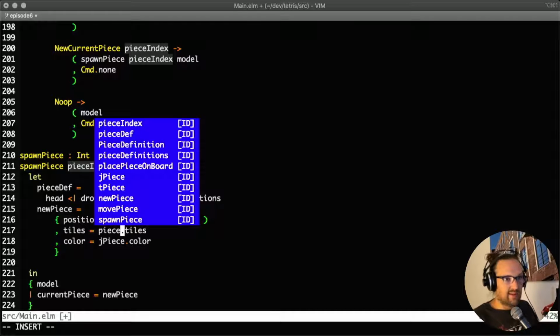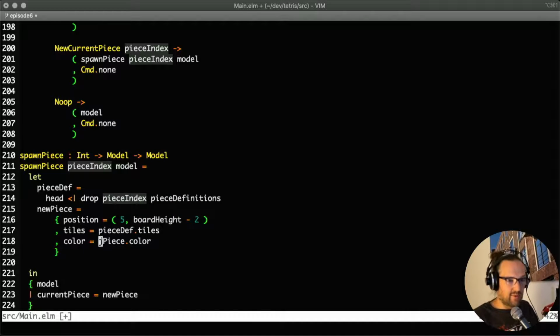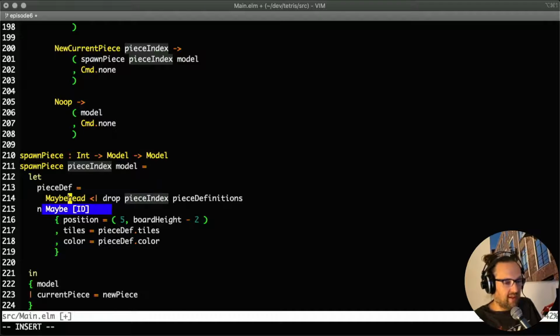So we'll swap that out for that. There's only one caveat, that is that the head doesn't definitely return a list item or an element, because we can also call head on the empty list, so it returns a maybe. So that means, what do we do in the... and like we know that cannot happen, but to make the compiler happy, we'll still have to produce a default. So we'll just say maybe with default, and let's say the t-piece is our default,